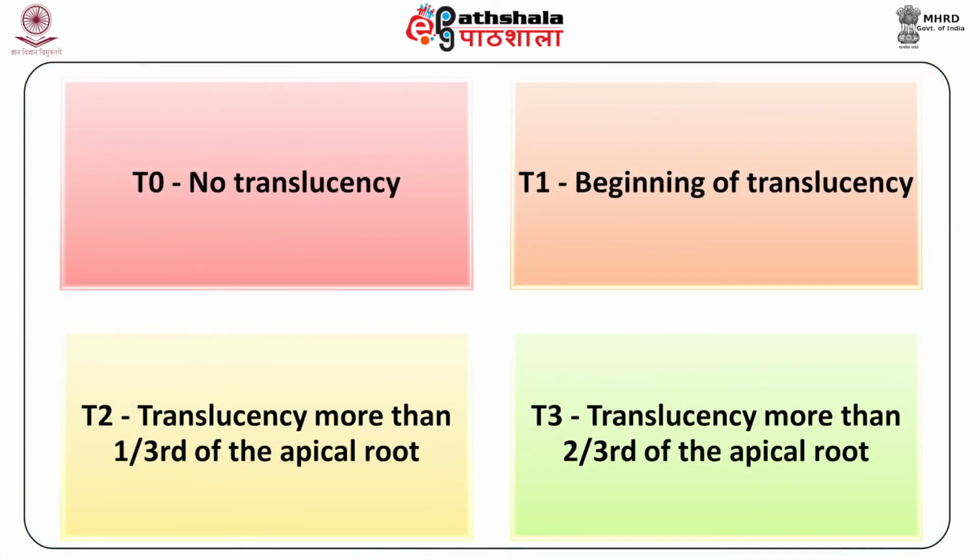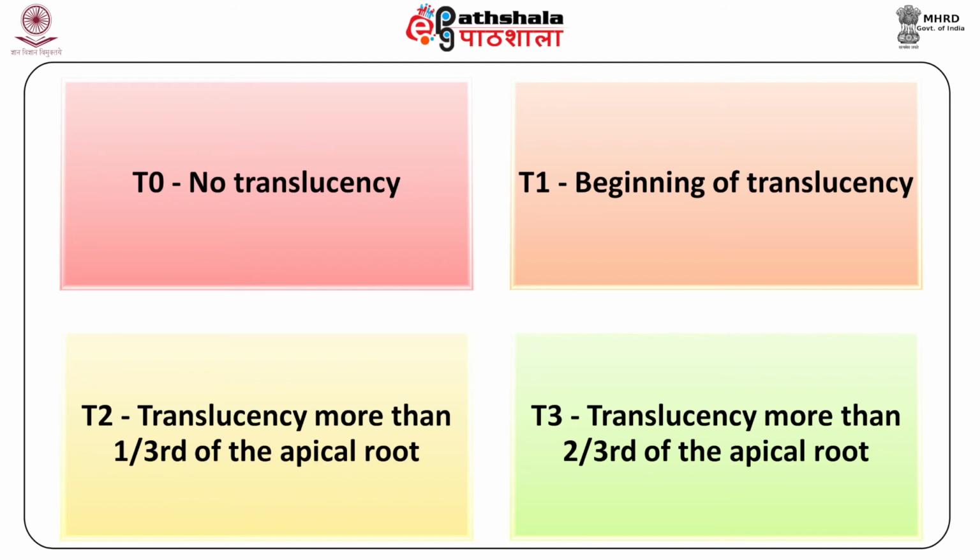Transparency of the root means the ability of permitting light to pass through, diffusing it so that the object on the other side is not clearly visible. According to the root translucency chart, that is denoted by capital T: T0 denotes no translucency, T1 denotes the beginning of translucency, T2 is translucency more than 1/3 of the apical root, and T3 is the translucency more than 2/3